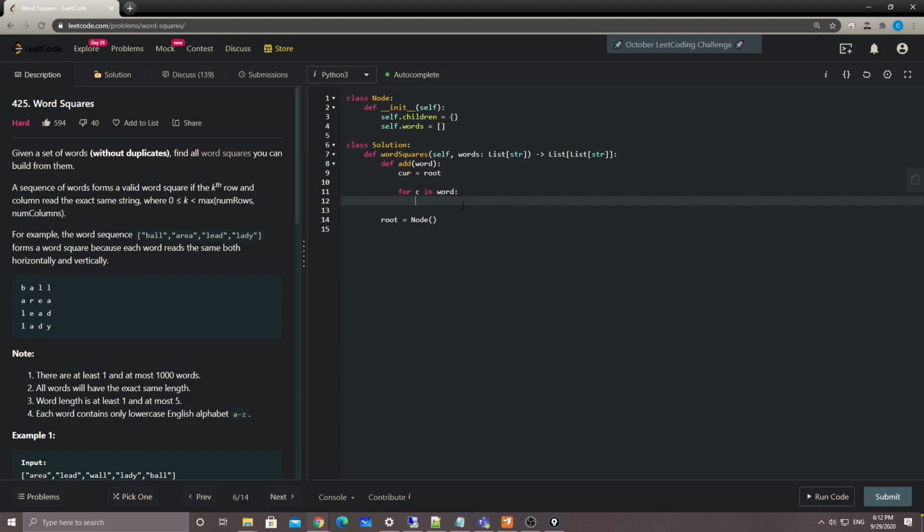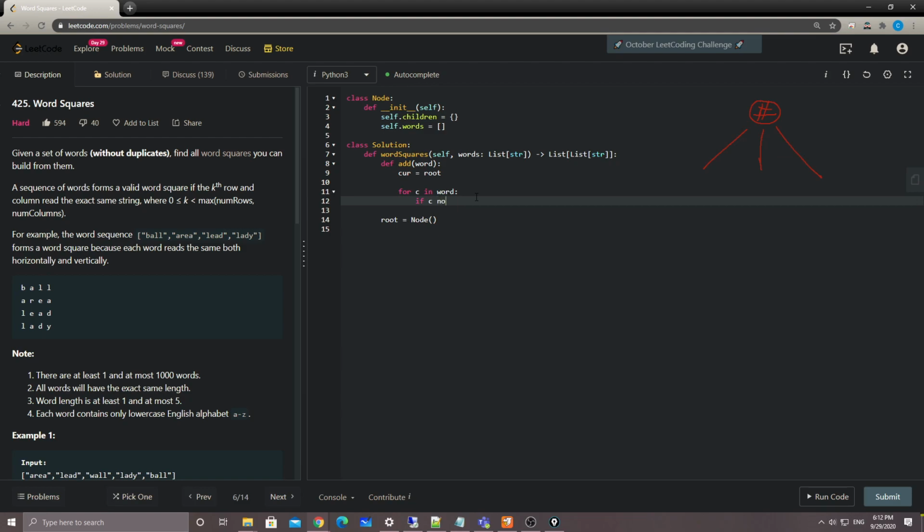for those who still don't know how to implement the prefix tree structure, I highly recommend you look for one of the templates, and then try to remember how to build this prefix tree. Basically, for each of the words, we have to maintain a root, because for the prefix tree, the root is always empty. That's why I'm creating an empty node as the root node, and anything after that is part of our prefix. So basically, for c in the word,